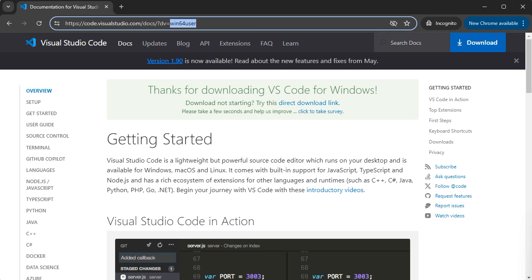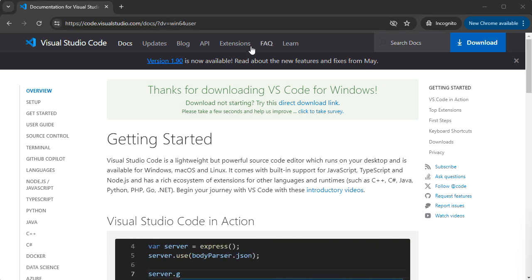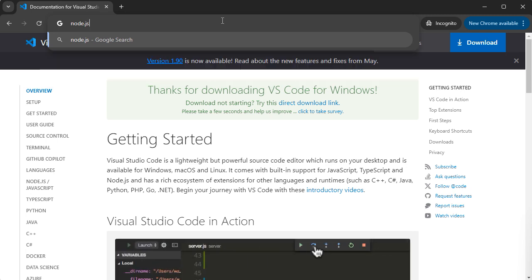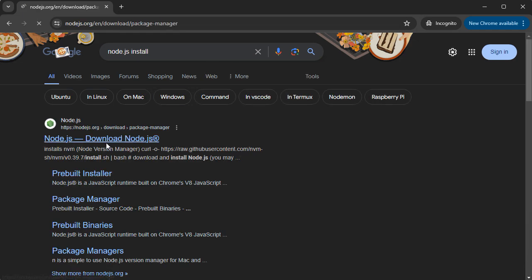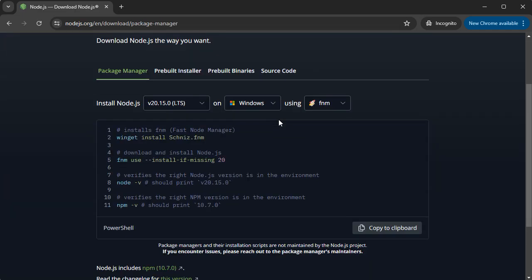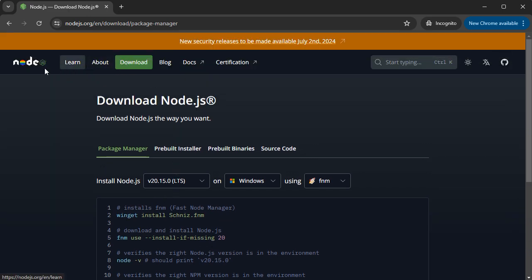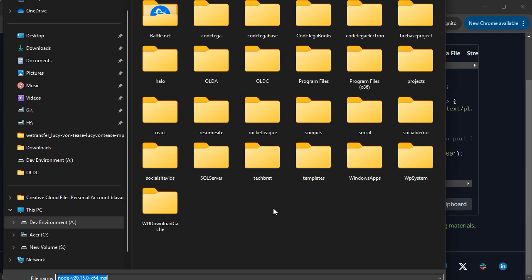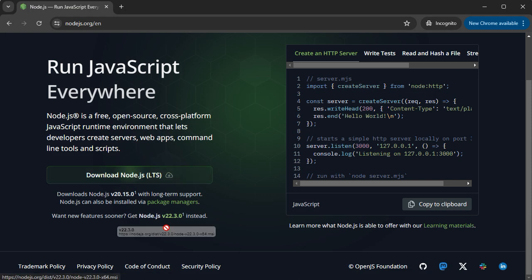And now we're going to install Node.js. So you can go ahead and install Node. So go to Node.js, install. Let's Google that. And then here it is. So Node.js lets you. Well, this is not the way we want to build it, so let's just go to Node.js, and we're going to go download Node.js LTS version. So this will pick the folder you want to save it in, save it, and it should download